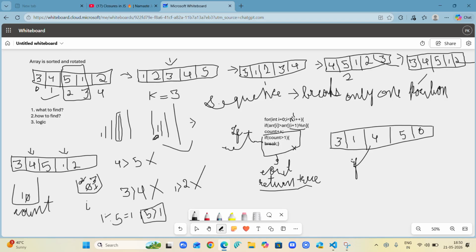When you apply different if conditions and all, you will realize what would be missing. In the brute force, it was giving correct results, but you see over here that the array is not sorted, meaning the array is rotated. Here also it would break, and count plus plus will become one only, otherwise every time it is smaller. But we can't say it is sorted, we can only say it is rotated. That's why we applied the (i plus 1) modulo n condition. So everything has a reason.